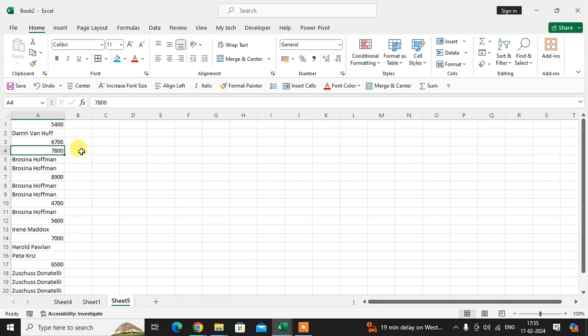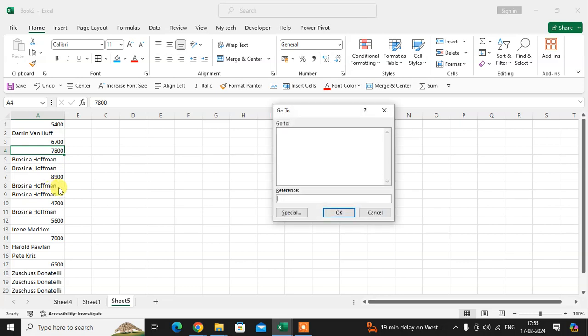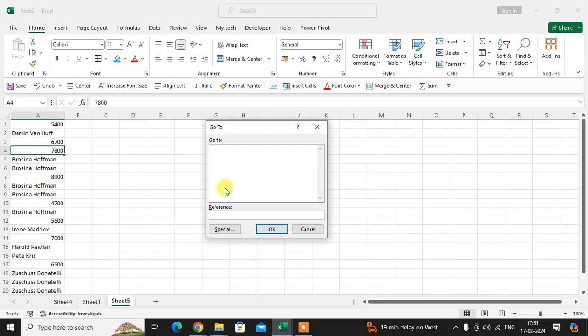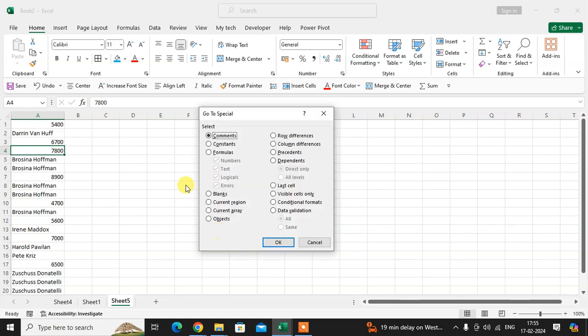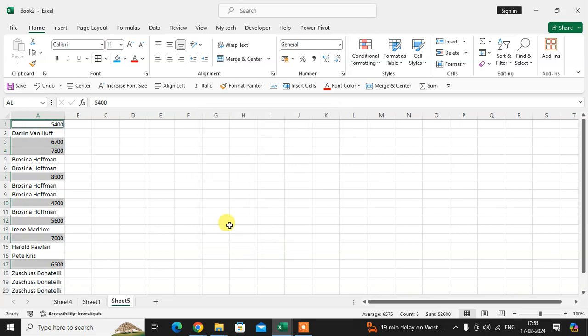First, click on Control plus G. We can use the Go To. Click on Special. Click on Constant. You can untick those data you do not want to grab from this data. I just tick these numbers. Click on OK. Now click Control plus C